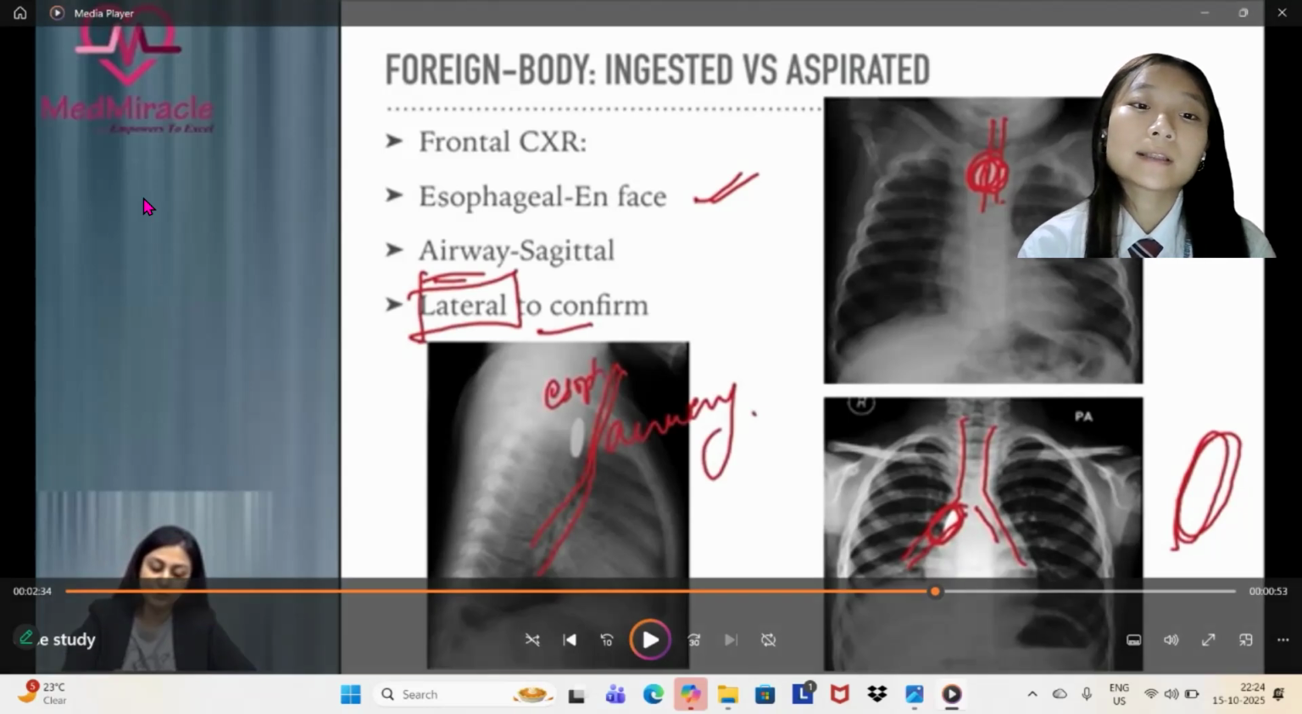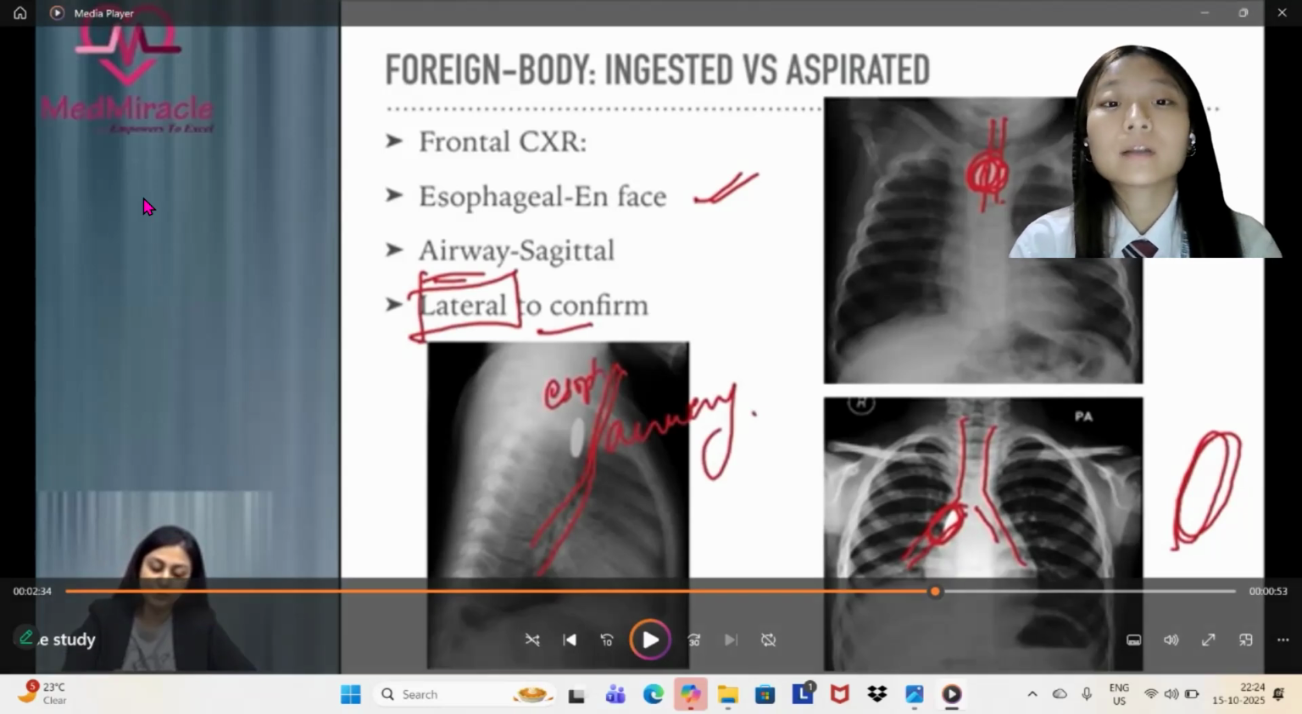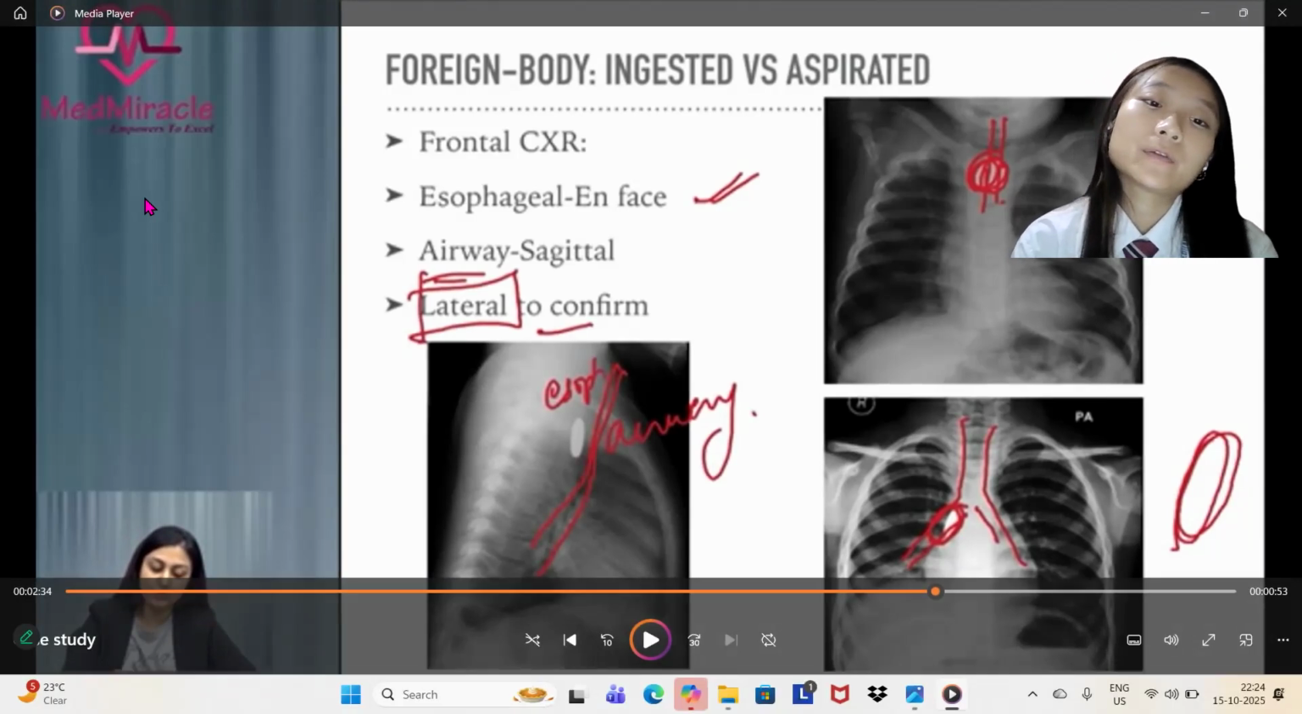So here we can see examples of foreign objects in the airway and chest. Notice how metallic objects appear bright white while plastic or other low density materials look faint or shadow-like. The video also shows the importance of taking two views, which is AP view and a lateral view, to locate